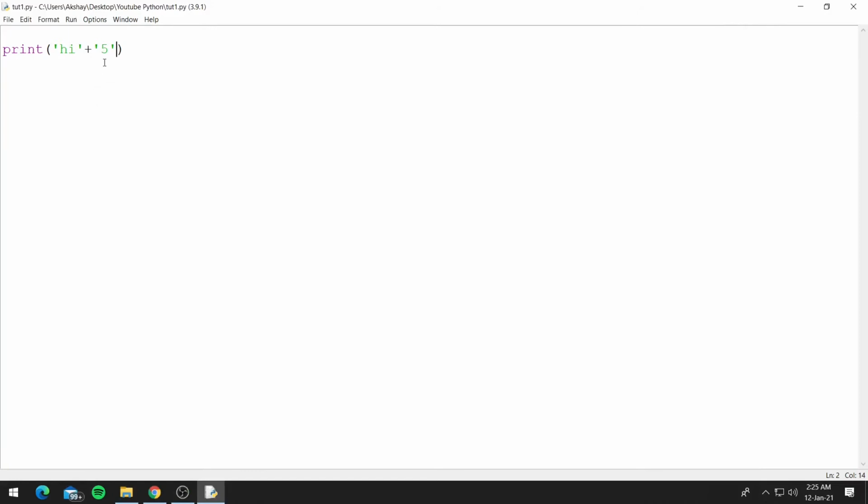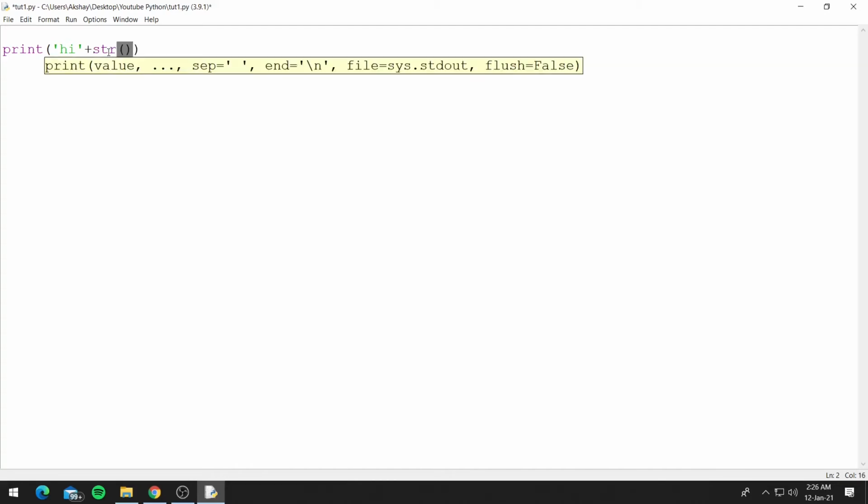The other thing you can do is convert the pi to a string with a built-in function called str, open parenthesis and close parenthesis, and within the parentheses you can add your integer or number, and this function will convert it into a string. So now if you try to run this, it will work.